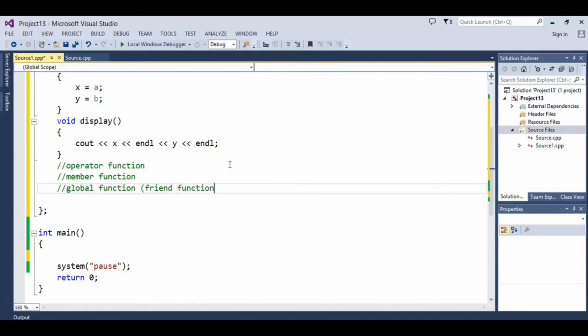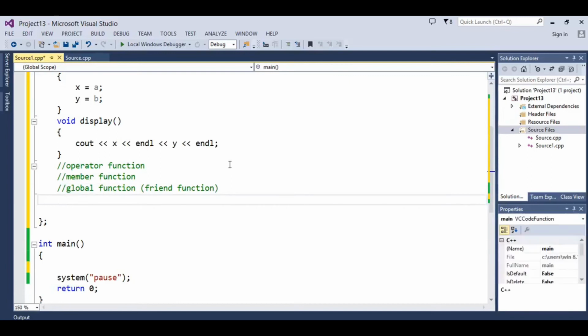So we write operator function. It can be a member function, it can be a global function. Sum operator, but it is a limited thing. We cannot overload the sum operator. There are 3-4 operators which cannot be overloaded. So first we will check how to write a function. For example, I need to write operator function for this unary minus operator.